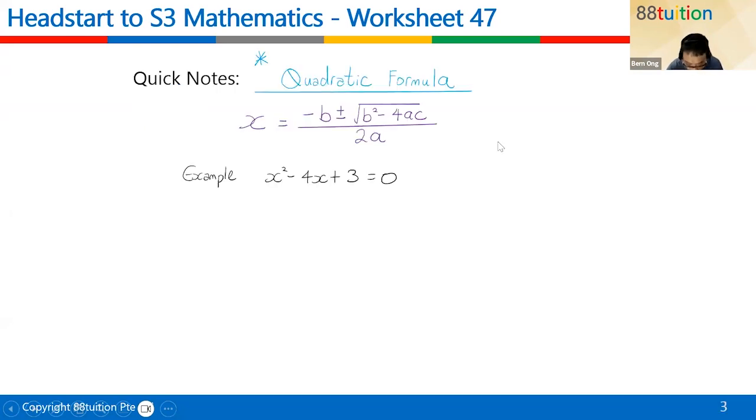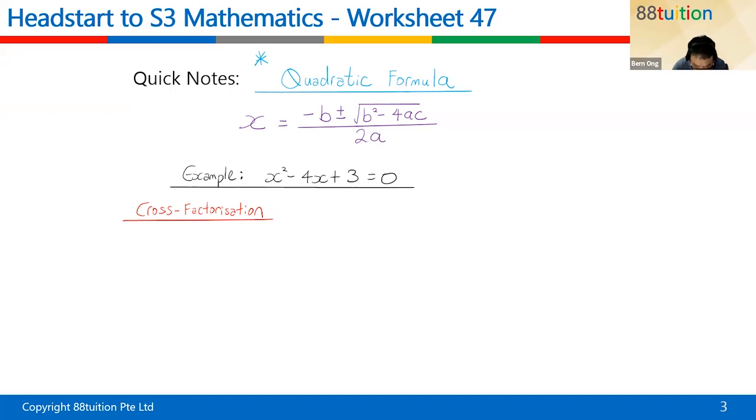So before you do this question, you can say, sure, I don't want to use the quadratic formula. Don't have to shout in my ear. You can say, I want to do something called cross factorization. Come, let's do a quick recap of cross factorization so that you got everything under this notes page, and you can do a quick check whenever you need to.